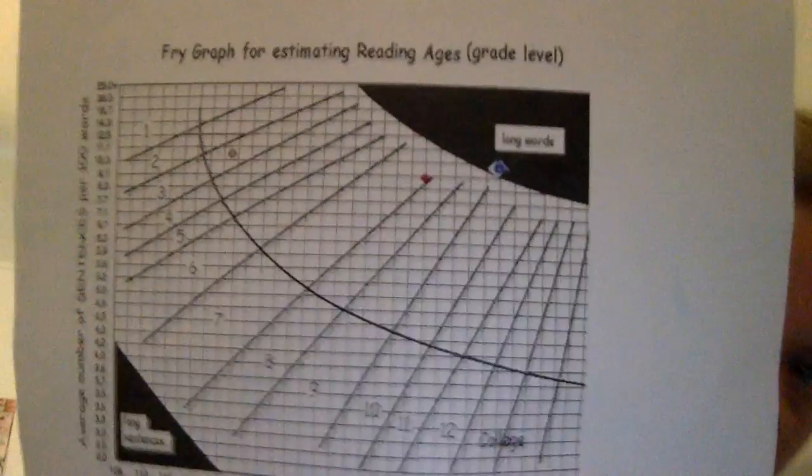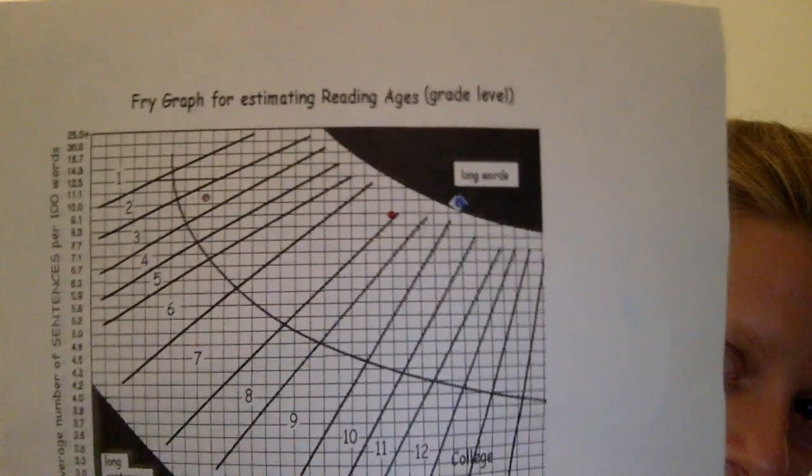One of my pieces was 10 sentences, 126 syllables. Another one was 8.7 sentences, 152 syllables. And my third one was 10 sentences and 163 syllables. When I was finished graphing, I don't know if you can see this, but my dots are kind of not